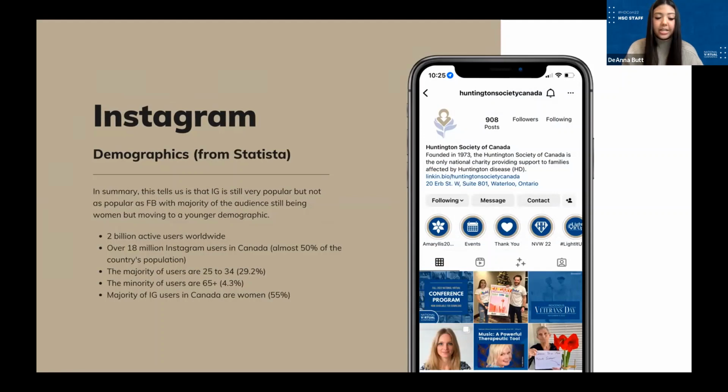And the least popular age group on Instagram is 65 plus, occupying about 4.3%. The majority of Instagram users in Canada are women. So in summary, again, this data tells us that Instagram is still very popular, but not as popular as Facebook, with the majority of the audience still being women, but we are now moving to a younger demographic.